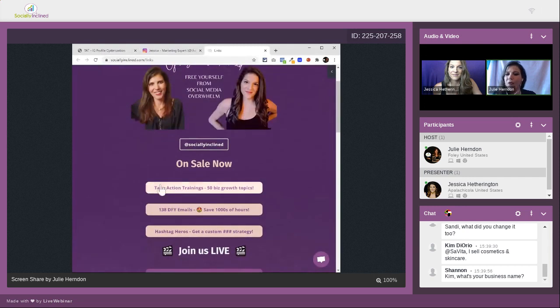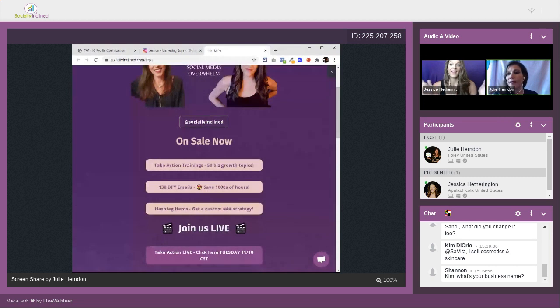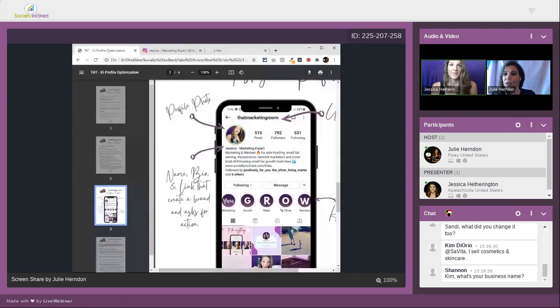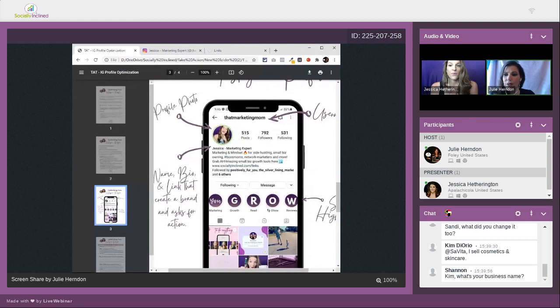And then you may only have one thing that you're trying to get them to do. It can be the form to take them. It can be the link to go to your Facebook group. And that is okay. That is perfectly fine. Yes, you've got to start somewhere. And a lot of times, less is more when it comes to focusing your efforts.